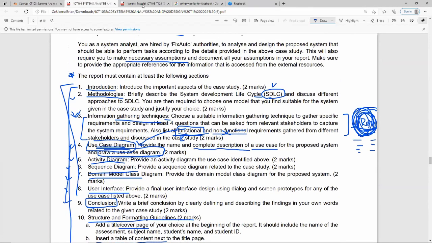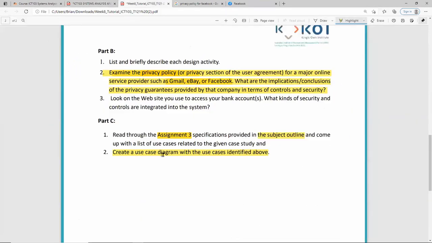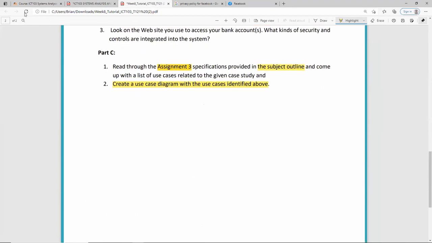Okay, is it okay? Do you know what a use case diagram is? Use case diagram. So we have the